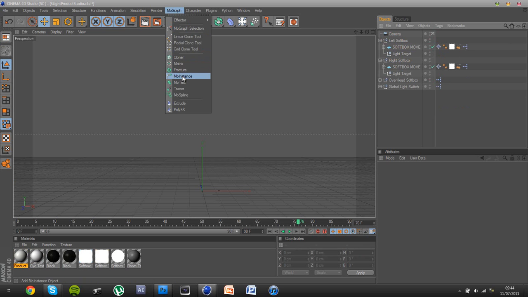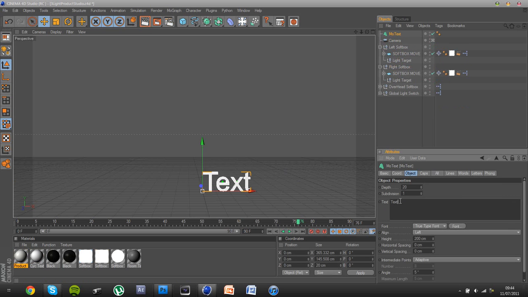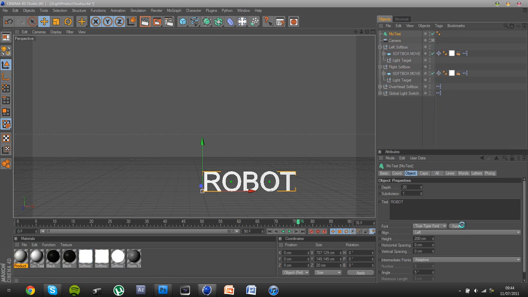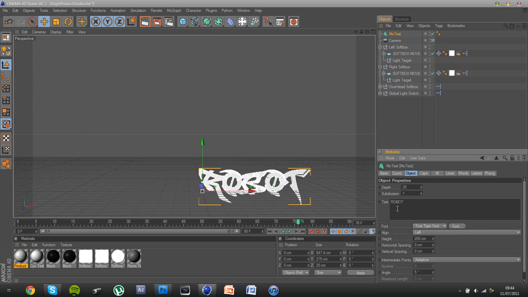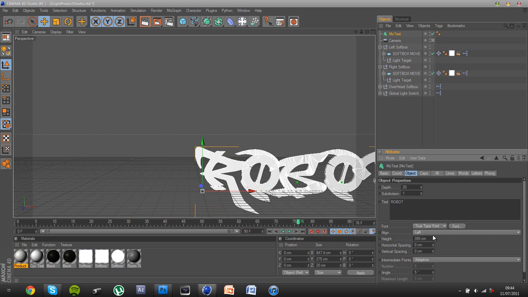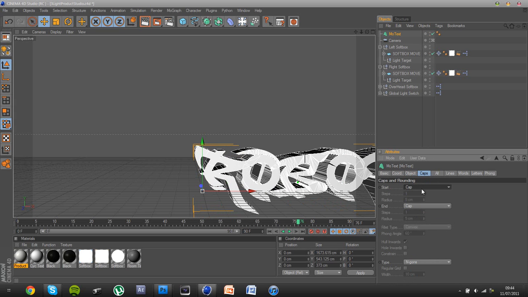Go to MoGraph, MoText, and you want to type in whatever you want really. And go to the font, which is Raise 1 Original. Now this is a very hard font to find, so if you want the font, I will include the download link in the description and you can thank me later. So I'm going to go with height all the way up and depth all the way up, caps, fillet cap and fillet cap,